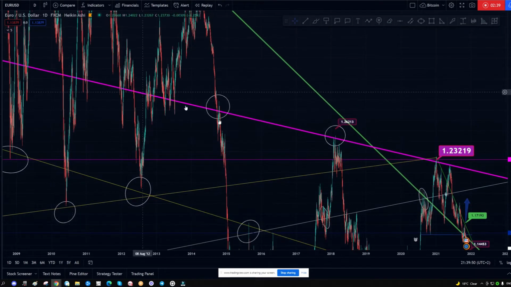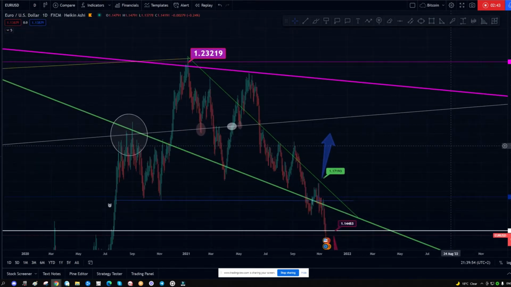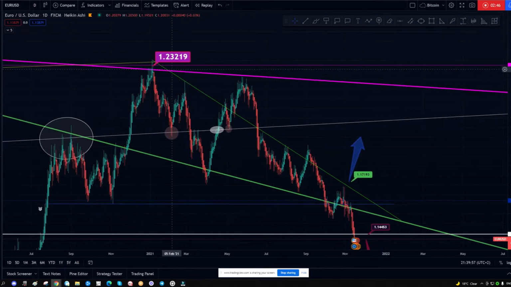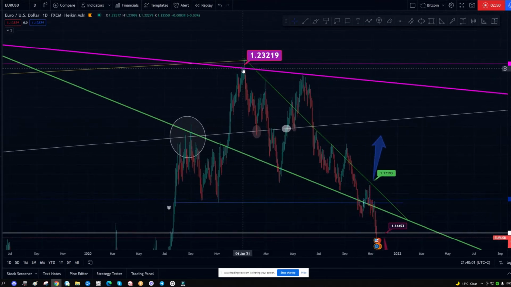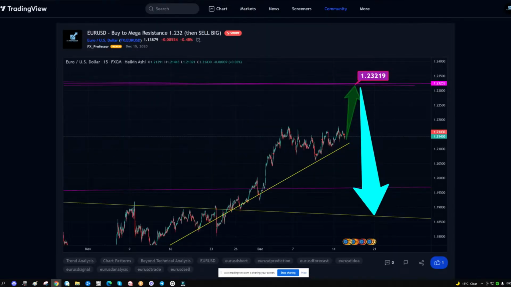You don't know where it comes from, but you know now that it comes from here. It comes from as far away as possible. So I consider that a very strong level, and that's exactly where the price went, and from there it came back down. It stormed down. So that level worked, and that was the first great entry point. That was when was it? Let me check again. December 15 of 2020. Okay, so that was like a year ago,